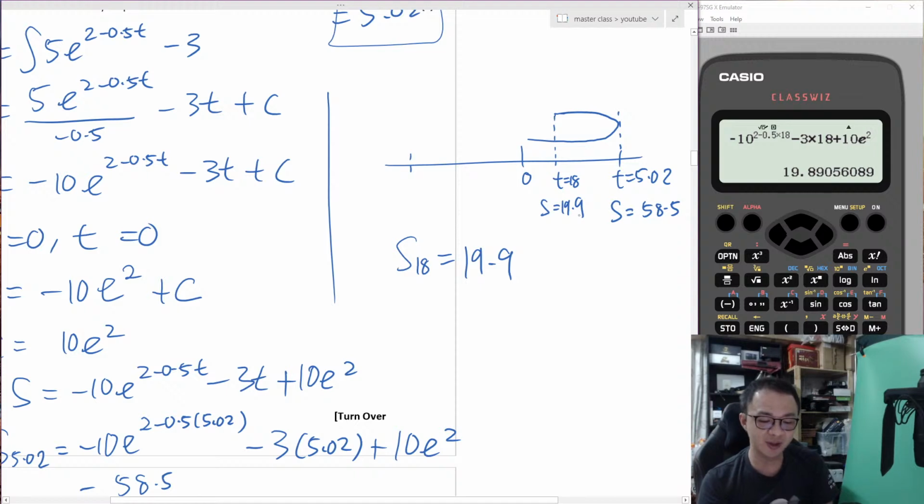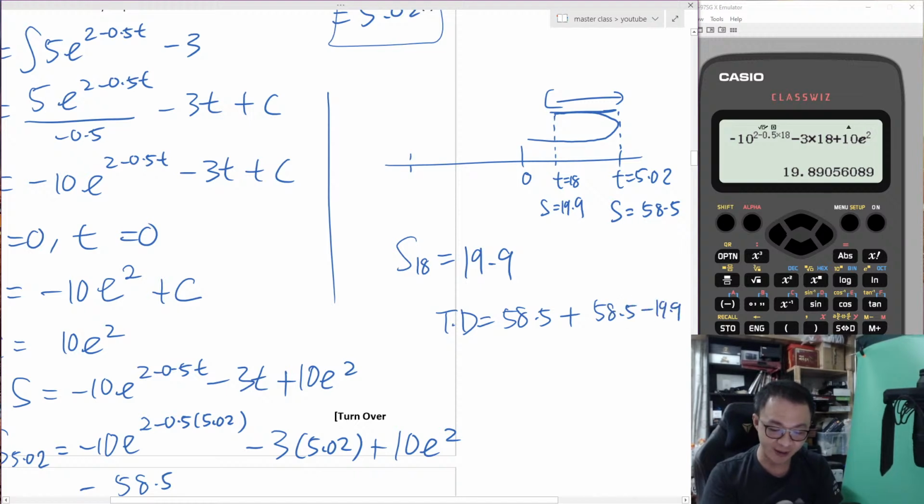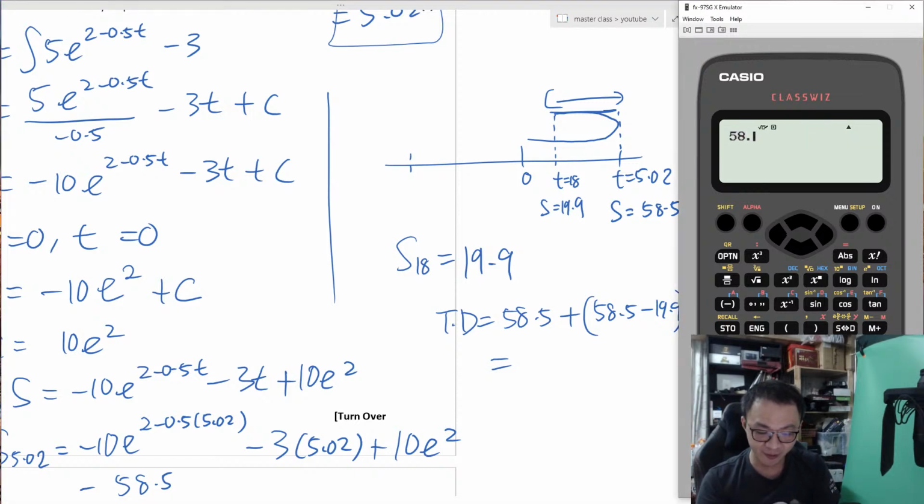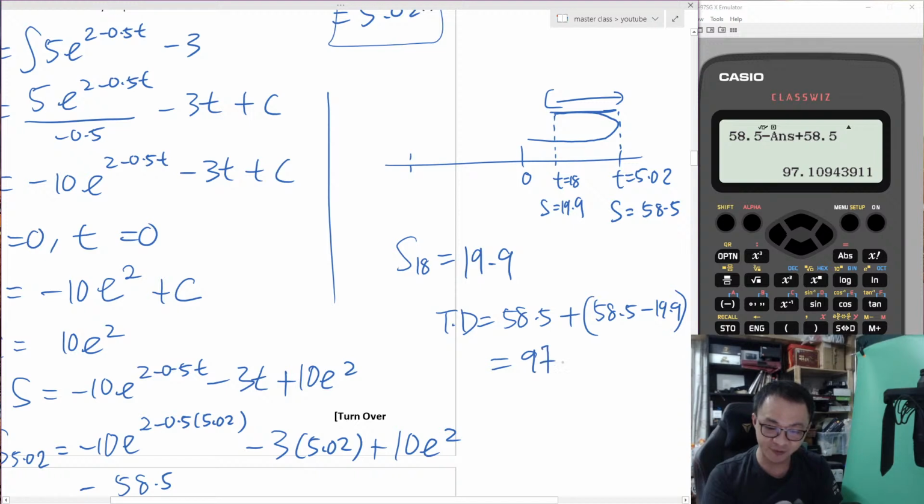So the total distance traveled, the first part is from 0 to 58.5, which is 58.5. And then plus this part over here, which is 58.5 minus 19.9. Okay, so 58.5 minus my answer plus 58.5. So yeah, I will travel about